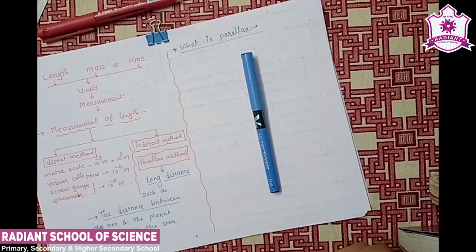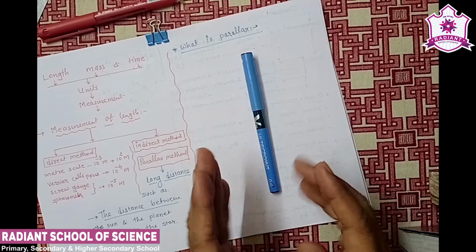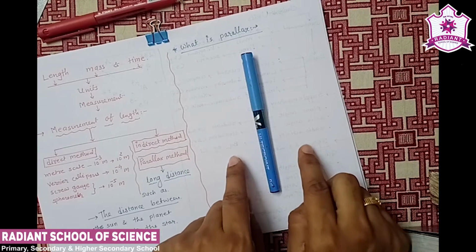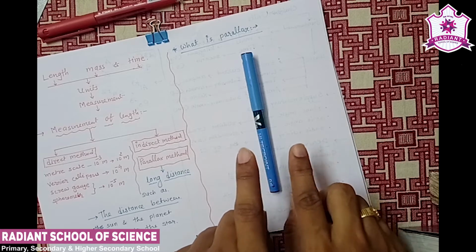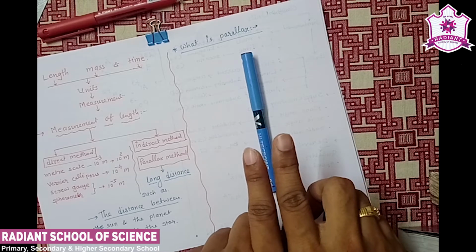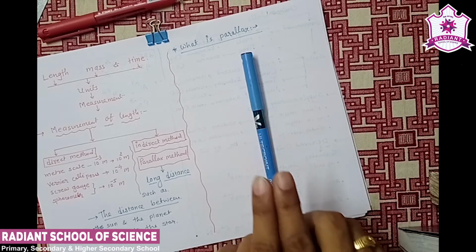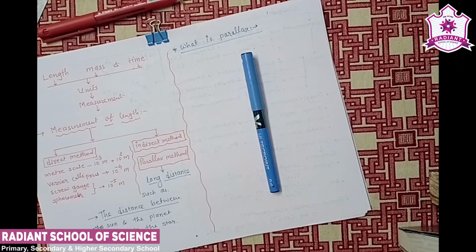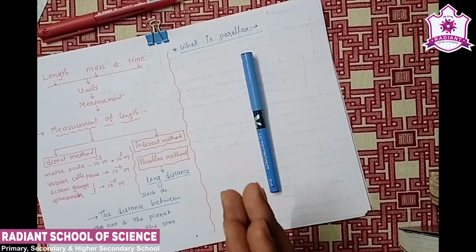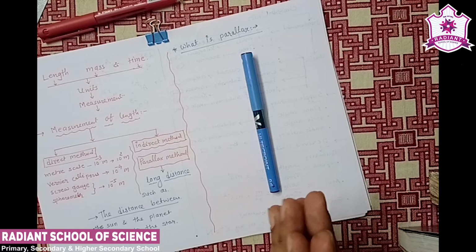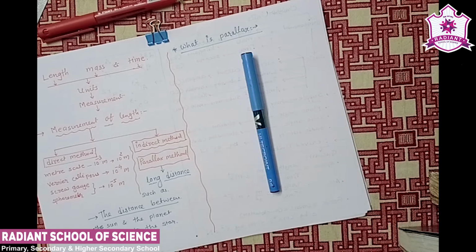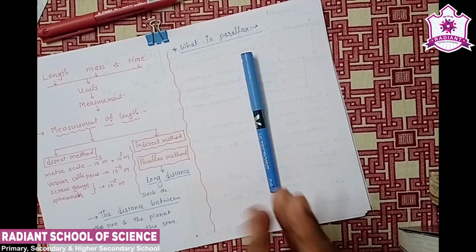You will find that the position of this pen with respect to this paper is a little bit shifted. This shifting is called parallax. So this is called parallax. In general, I can again repeat that we notice that the position of the pen is found to be changed with respect to the point on the paper. That is called the parallax method.